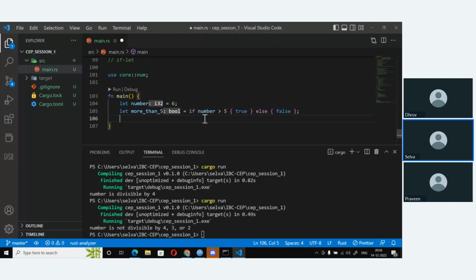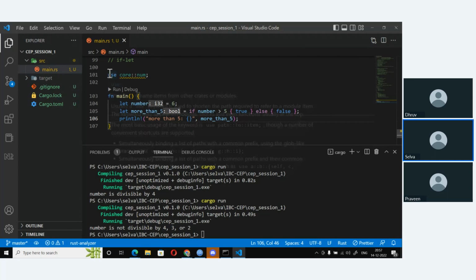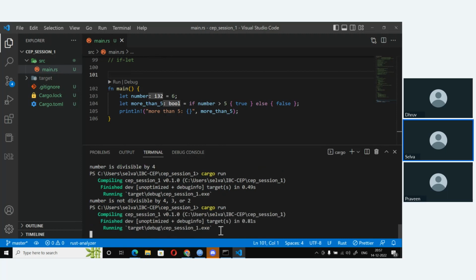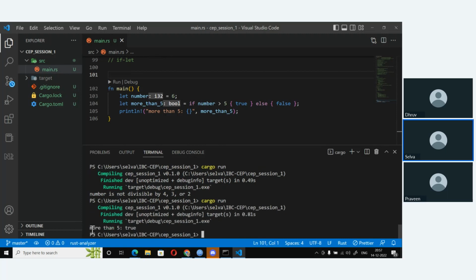And now I can use the print macro to display more than 5. Okay, more than 5, true, because the value is 6,